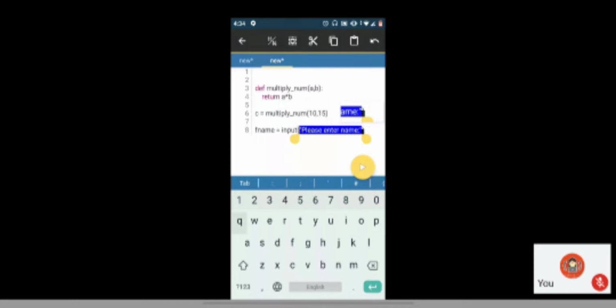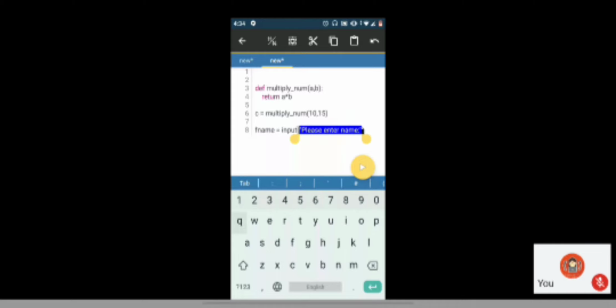That means this input function must be taking input from the user and returning it from the method. Since it's returning something from the method, it's returning the input of the user, I have to save that in some variable. That's why I use a variable in order to save whatever input comes from the input function. And here you can see this please enter name, right? So this please enter name is an argument that you're passing inside of the input function.